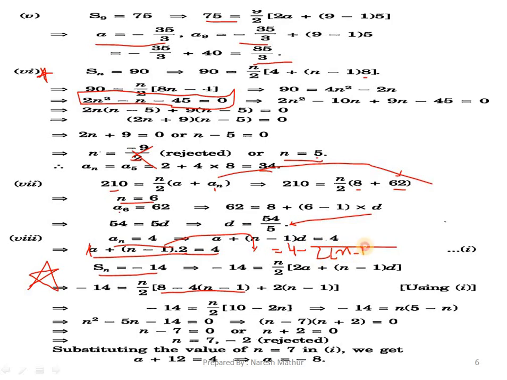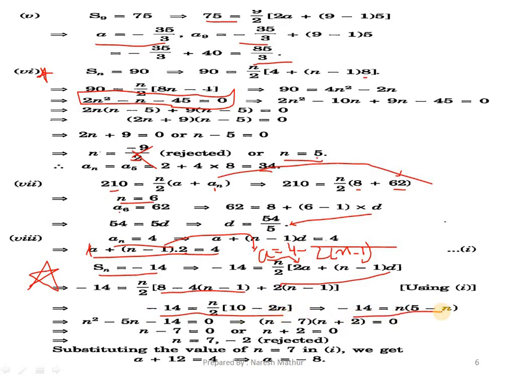Now Sn is given as -14, and -14 = n/2 [2a + (n - 1)d]. We have the value of a, so we can get the value of 2a also. We'll double it, so that we'll get 8 - 4(n - 1) plus the remaining part as it is, 2(n - 1). Where did the 2 come from? Because d is given as 2. Easy. After solving it, -4(n - 1) + 2(n - 1) will give -2(n - 1). Simply solve the equation as a linear equation and get the value